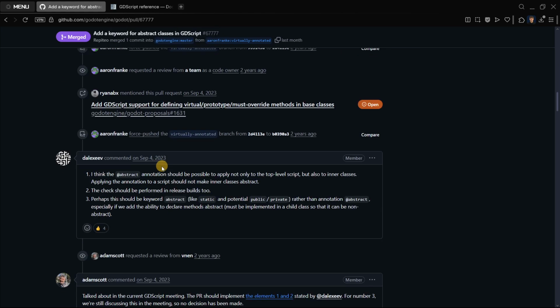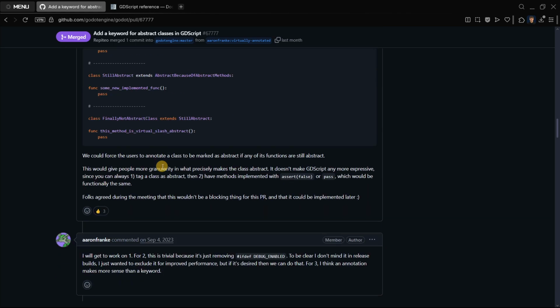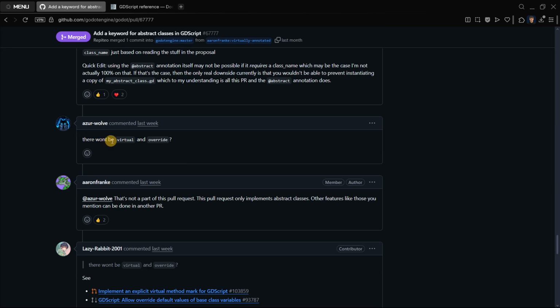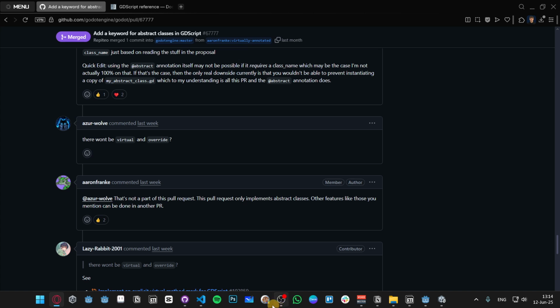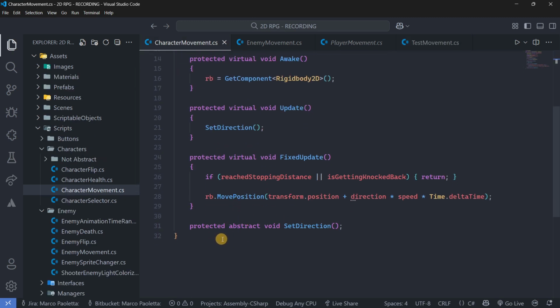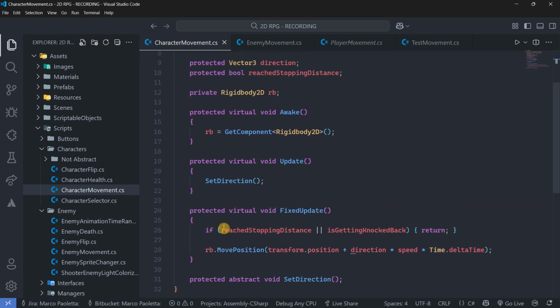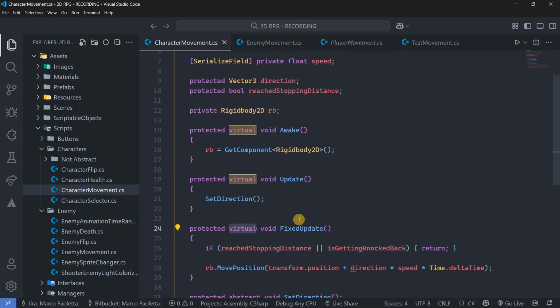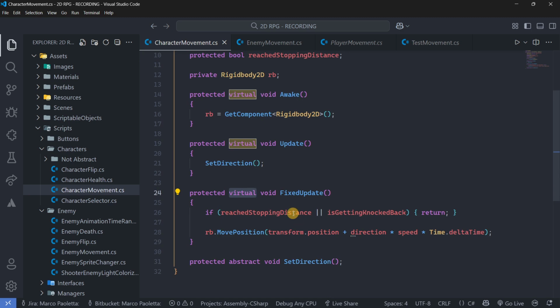So here we have a comment that is pretty interesting. In terms of there won't be virtual and override. Once again, coming back to Unity, override, we have already talked about, basically overriding the function. But at least in Unity, to define that a function can be overridden, you define it as virtual, okay? For example, here we have a protected virtual fixed update. This is a keyword that will tell the engine, okay, this function can be overridden,